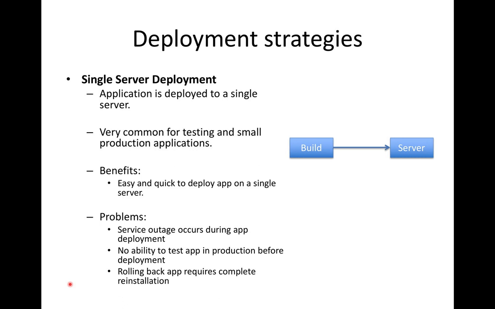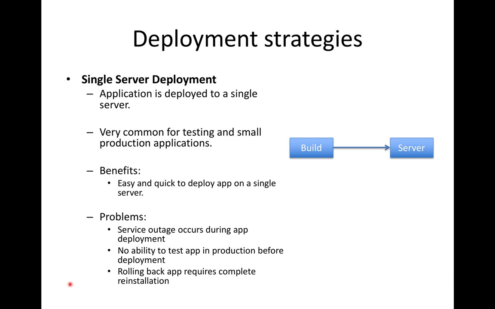And if you need to roll back the changes that you've made, you basically just need to either uninstall your software or reinstall the previous version of your software application. So single server deployment strategy, very simple. We're just simply updating our software on a single